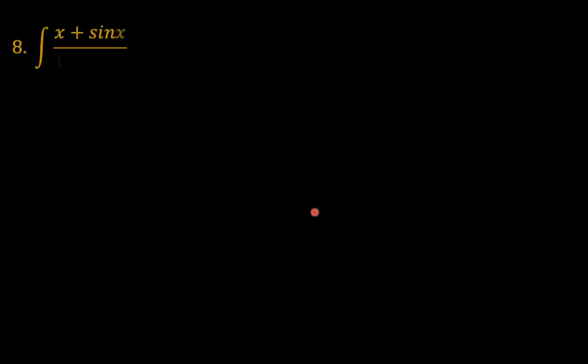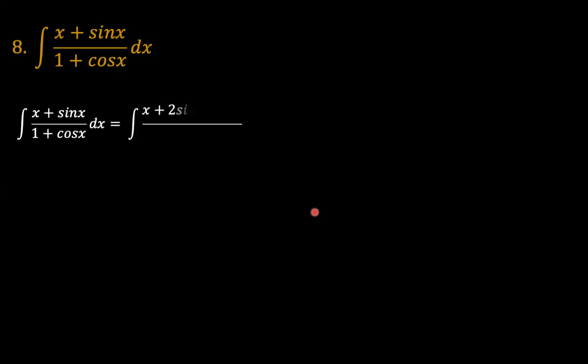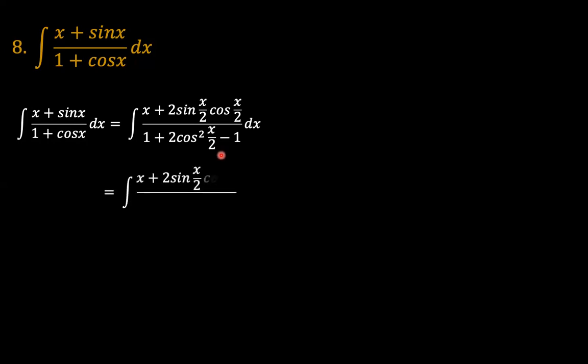Then problem number 8, which is x plus sine x over 1 plus cosine x. One of the things we could do is express it into the half angle formalism, so that in the numerator we have x plus 2 sine x over 2 times cosine x over 2. And then the denominator, that is 1 plus 2 cosine squared x over 2 minus 1. And so this 1 and this negative 1 cancel each other out. And so we have x plus 2 sine x over 2 cosine x over 2